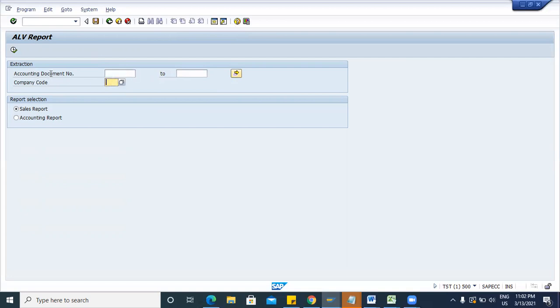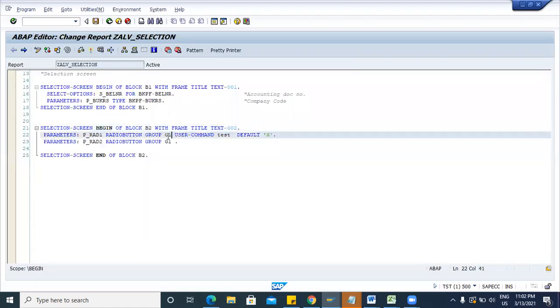And in select option we also have interval. Now in radio buttons we have to declare two parameters in a single group. Like you are declaring a group G1, then you have to declare minimum two parameters. Okay. Correct.